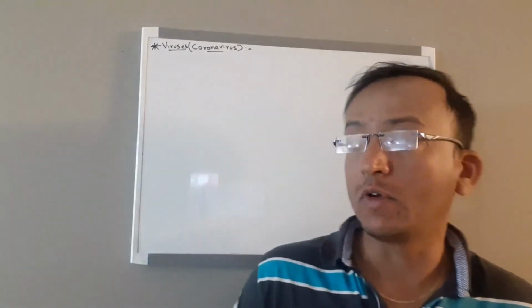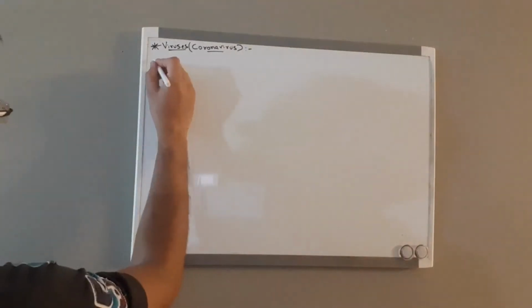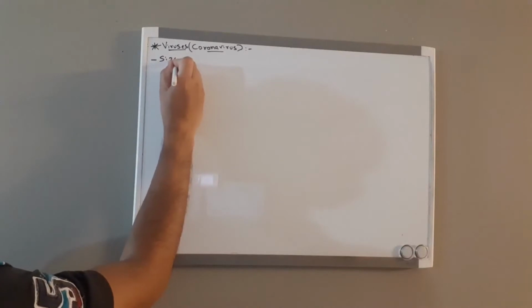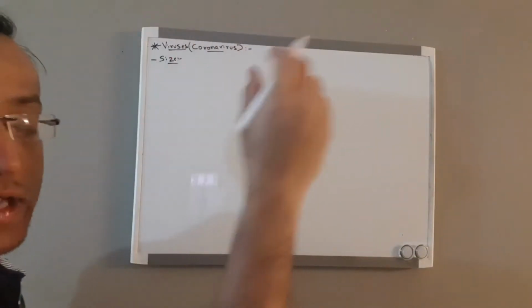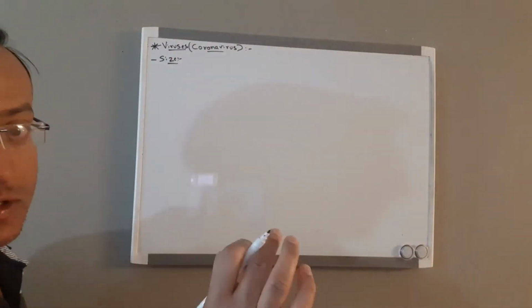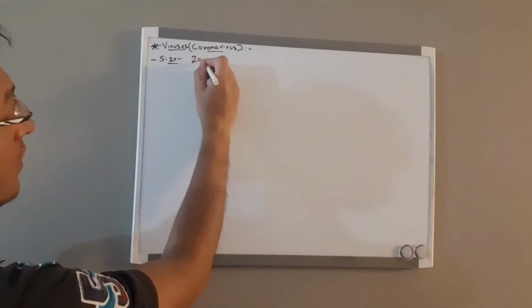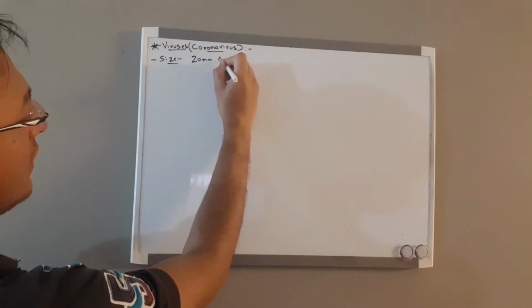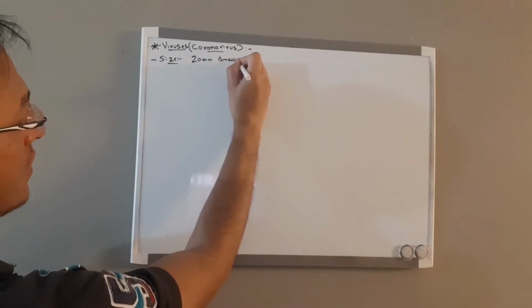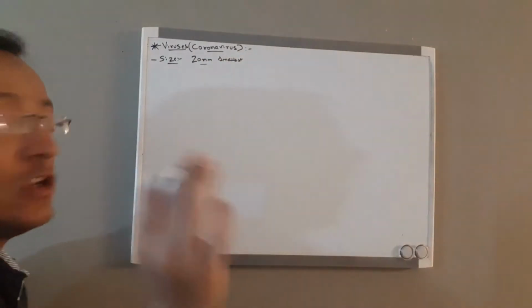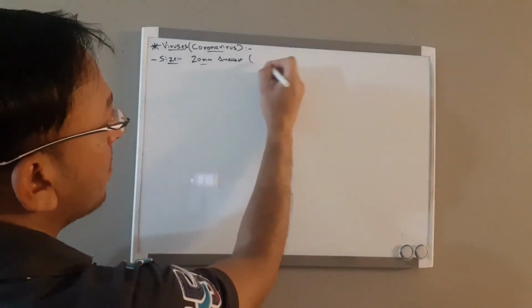So now let's go on to the size. Viruses are really small in size. The smallest virus is 20 nanometers. That is the smallest virus. An average human cell